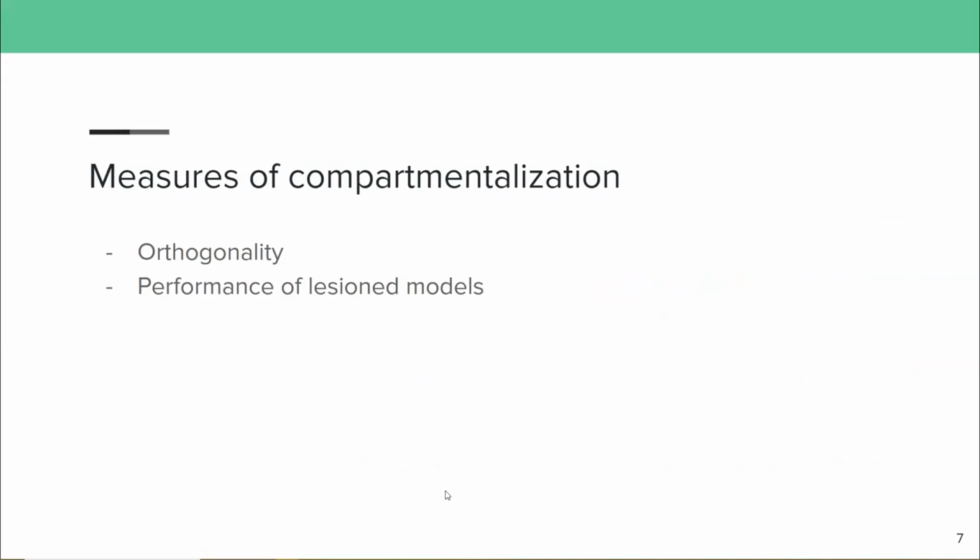Once the heterogeneous model is trained, we can examine where the tasks are stored in the model weights using the orthogonality of the neural trajectory and the performance of the model after having certain regions lesioned. For example, if the square task is stored entirely in the slow region of nodes, then if we remove the slow region, the network should no longer be able to perform the square task.